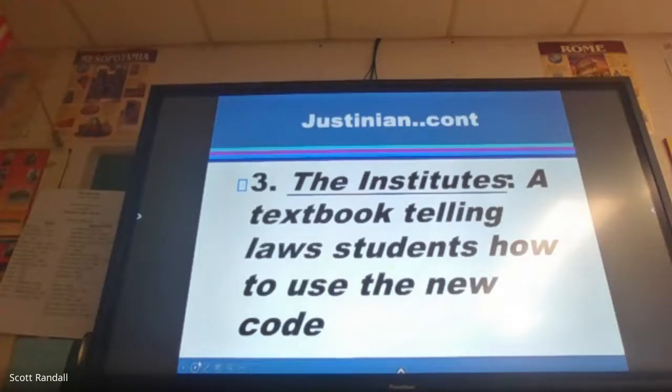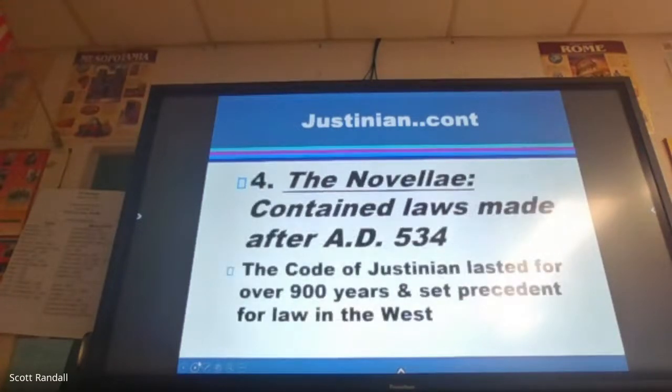Now, when we talk about the High Middle Ages in Western Europe, and the development of universities like Bologna in Italy, the Sorbonne in Paris, and Oxford and Cambridge in England, the thing that drew people to those universities a lot of times is the fact that they had a copy of this. So they were some of the first law schools in Western Europe. And then the last part was the Novella,